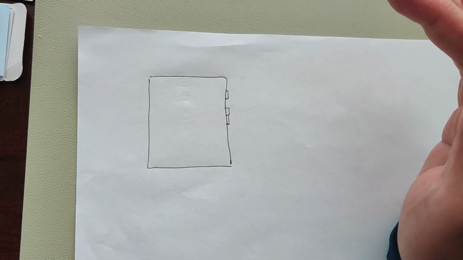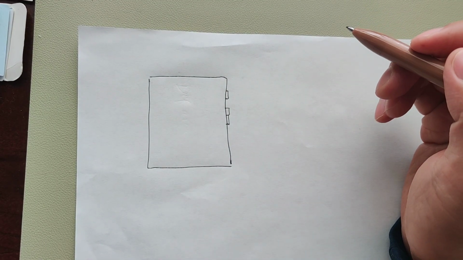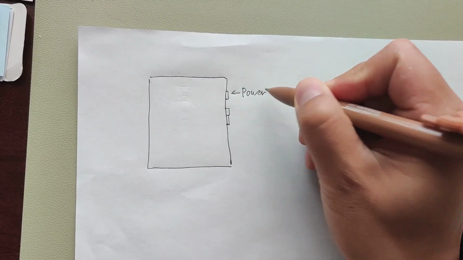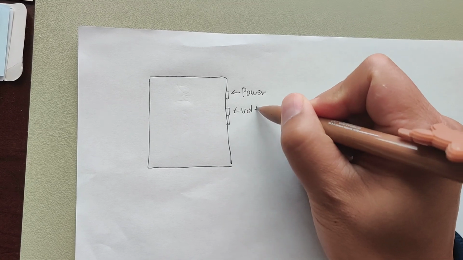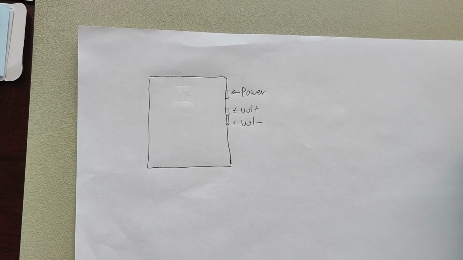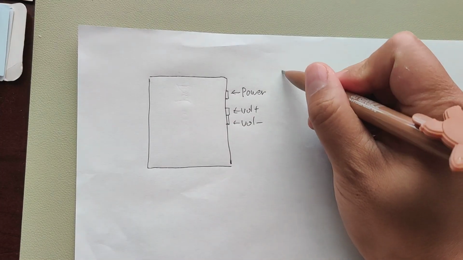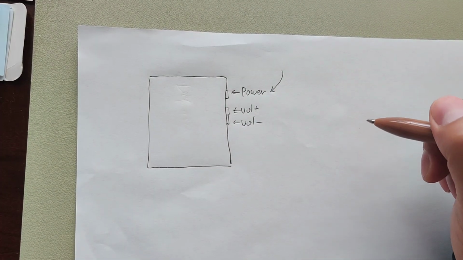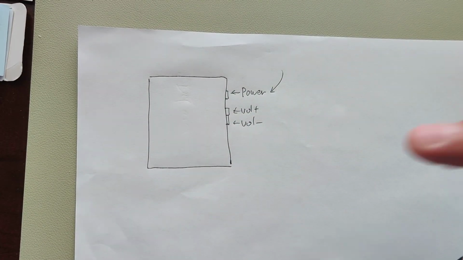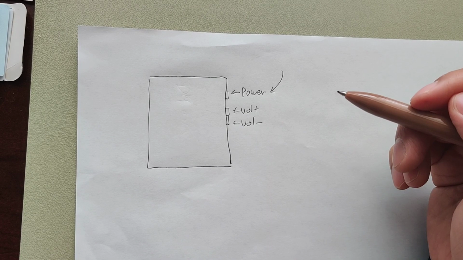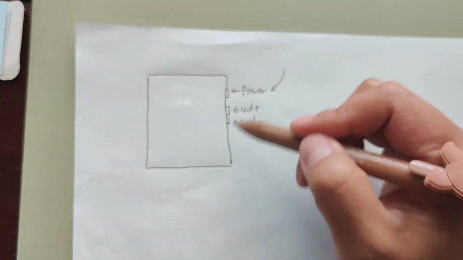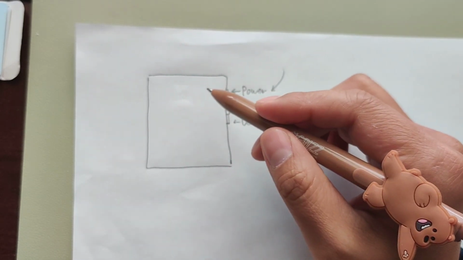Let's focus on the right thing here. So, say this is the power button. Power. This is like a volume plus, volume minus. Okay. Use your hand to press the power button, and your phone will just wake up. What's happening there? Well, before we get there, we have to understand what are the things that are built into